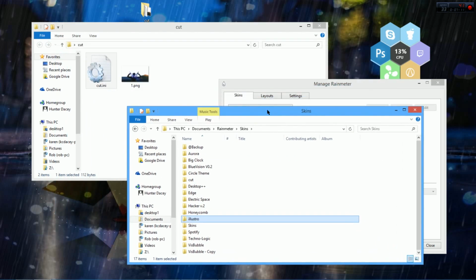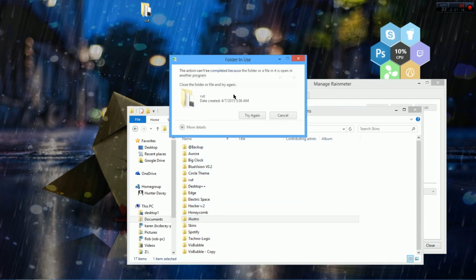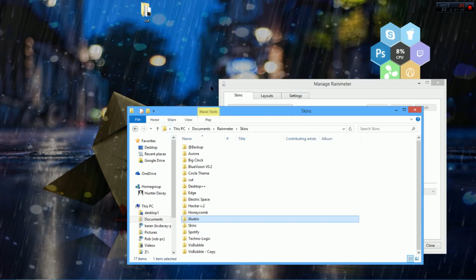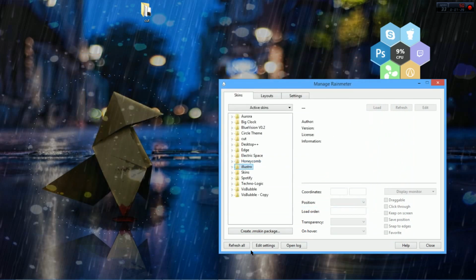Next you're going to want to take this file, go over here, copy and paste it. See, it's already there. So you're going to want to either copy and paste it or cut and paste, one or the other, and then you're going to want to go down here and hit refresh all. Then what will happen is,